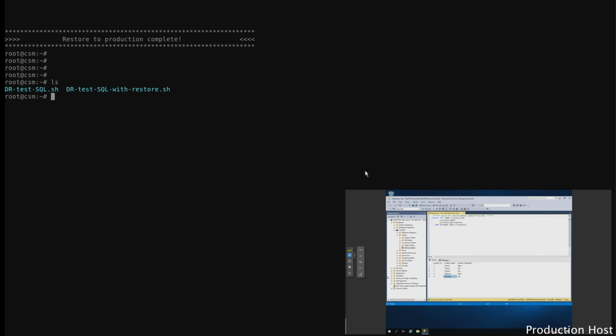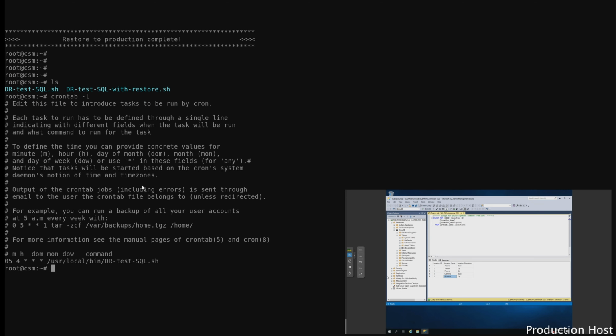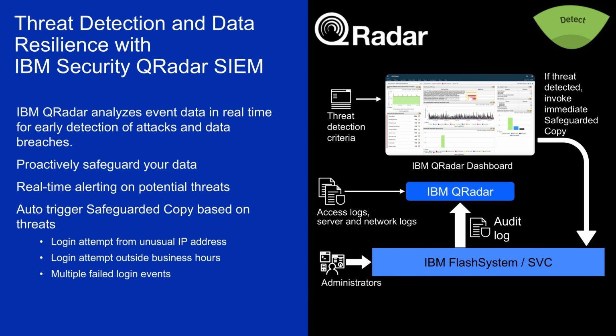It's best practice to regularly perform DR testing to ensure you can recover. So, in my example, cron automatically refreshes the DR host and performs malware scans every 4 a.m. That gives the SQL administrator an opportunity to perform daily testing if they choose. If malware is found, I'm notified via email. An event is sent to QRadar SIM tool for advanced correlation to other suspicious events where further automation could be triggered.